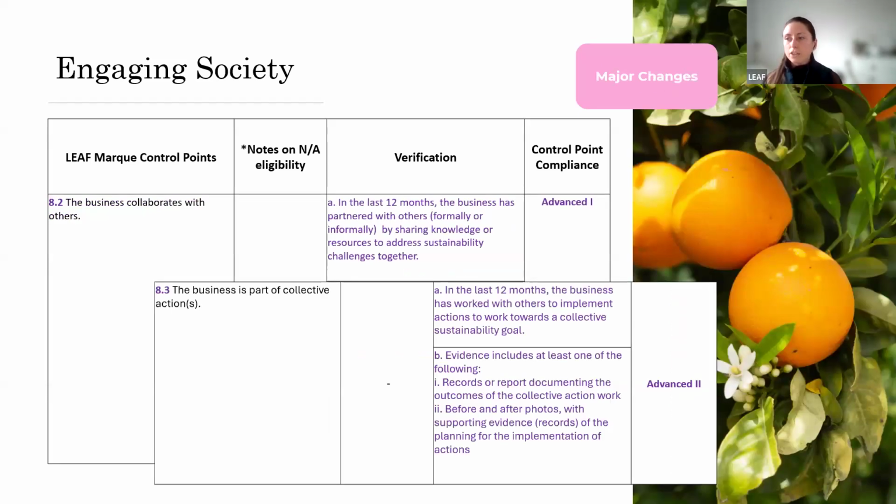And a final change to note is that we have added 2 control points to this section that were previously in the business planning and resilience section, or in version 16.1, it's called the organization and planning section. We thought that these 2 control points about collaboration and collective action were more fitting within this engaging society section. So they have been moved here. They have also been reworded a bit for better clarity, and there is guidance being added to the guidance column